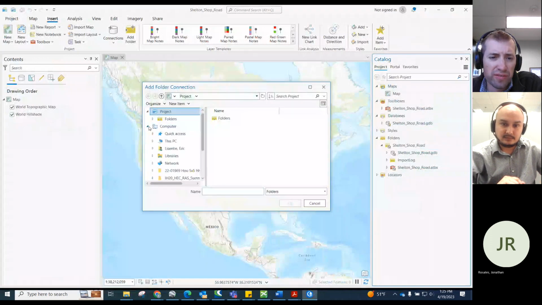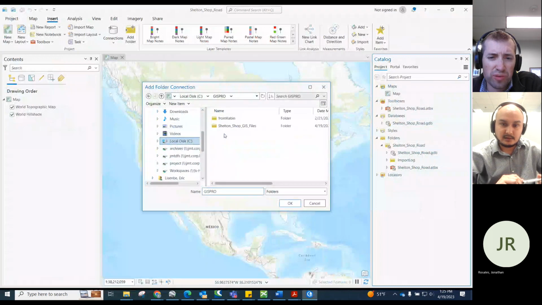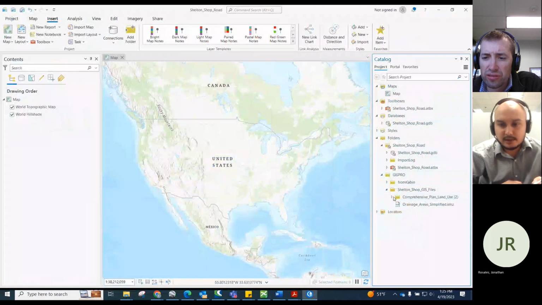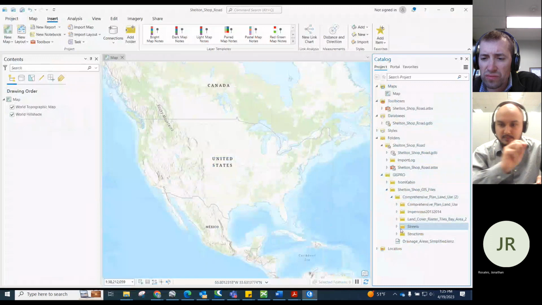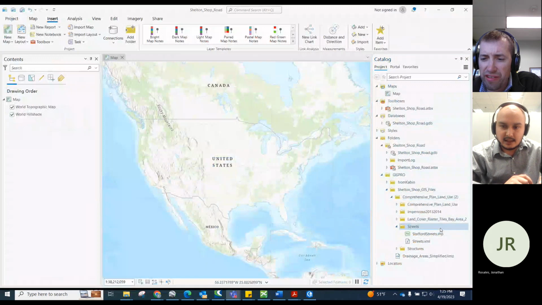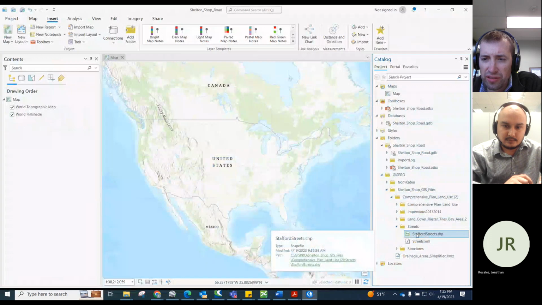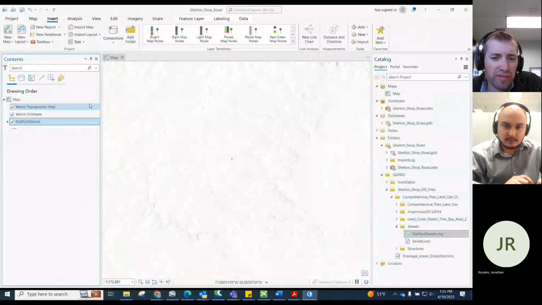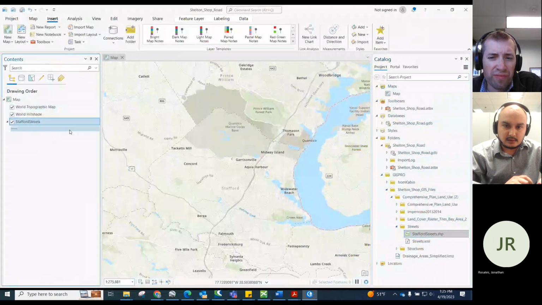But where do I have this stuff? Oh, can I do that? Yeah, you can just use the mouse and pull that information into the map. So we have this here. I think I'm seeing it anyway, right? Because this is that folder. Yeah, you can just pull that into the map. Yep, like that. I think that is a polyline.